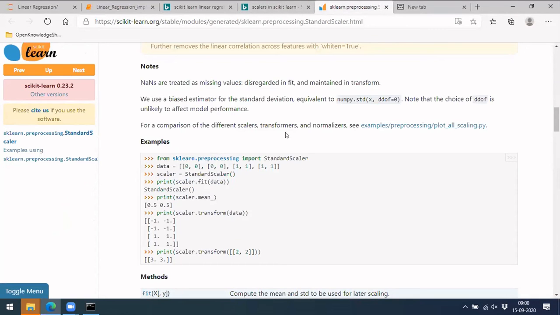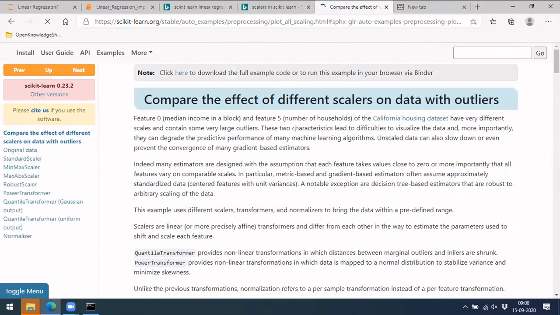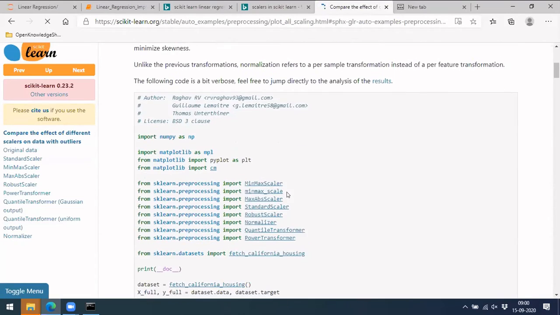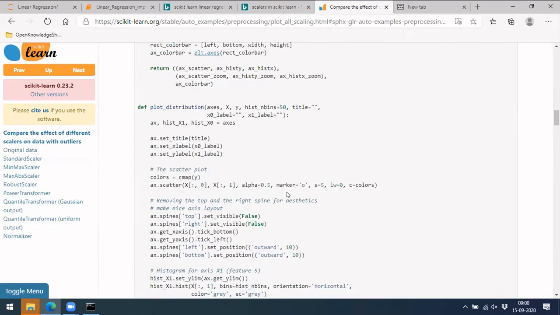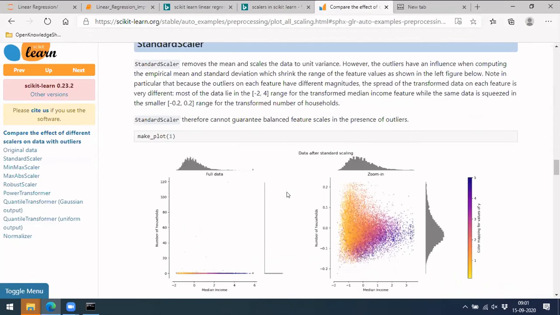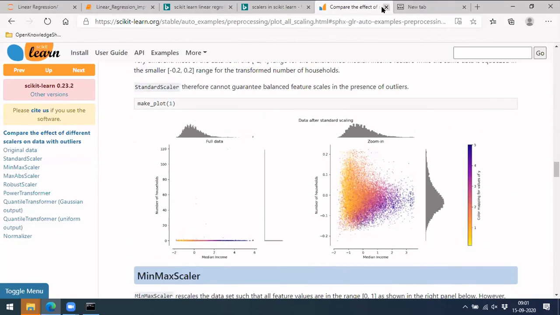Apart from this, there are many other things. Let's see this example. What it will try to do is, for the values which were distributed elsewhere, it will try to get them between 0 to 1.